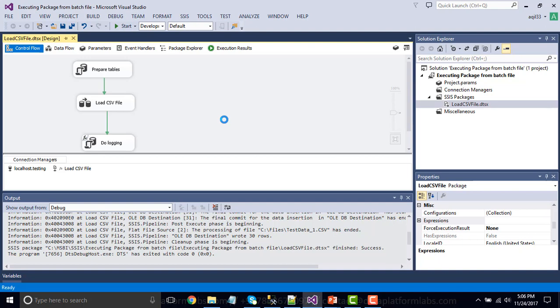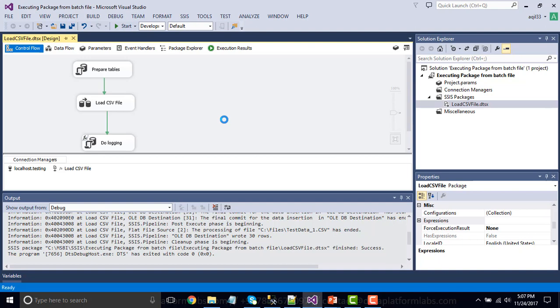And the second thing is, if you are executing the SSIS package from a batch file, then you will see it will run faster as compared to executing it from the SQL Server data tools. Because if you are executing the SSIS package from SQL Server data tools, then it needs to paint the window, because if some data flow tasks are running and some data is moving from source to destination, the system needs to paint the number of records that are actually moving and the color that is changing. So these things aren't required in the command prompt. That's why the package running from command prompt will run faster as compared to from the SQL Server data tools. So you can test this particular scenario in your environment.